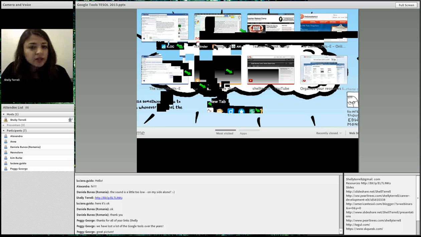Bookmarklets are a little bit different. Now, bookmarklets are really wonderful as well. I have one for Pinterest here. I have one for my blog. You can take any website, and what you do is you just drag it and put it up here, and it becomes a bookmarklet. So when I click it, like when I click my LiveBinders bookmarklet, it does the same thing as Diigo. It lets me bookmark in seconds.